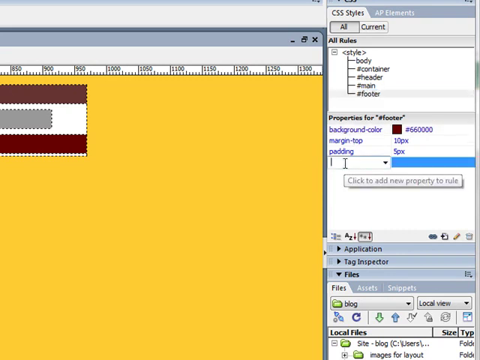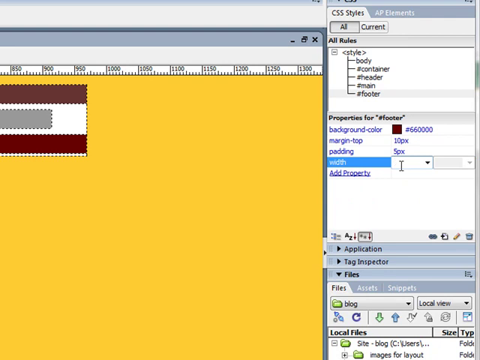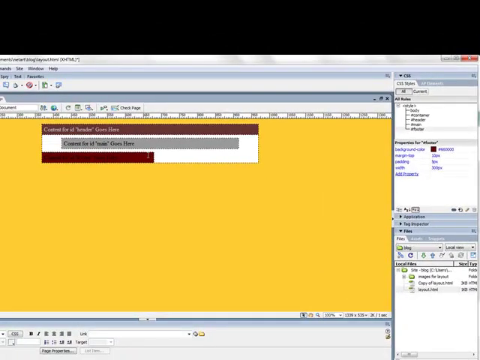So if I did add a property of, let's say, width to my footer, if I just start to type in W, I have a whole list of properties. And just to see, if I put in 300 pixels, now I put in 300 pixels, so it is a fixed size that's smaller than my container, and it is not centered because it's smaller. So I would need to go to my box category, and under the margins put my auto for the left and for the right. But if I don't have any sort of attributes for a specific width set for that div, then it's just going to fill up whatever space of the